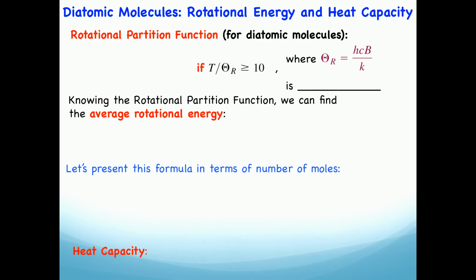So for the partition function, we use the formula. This, by the way, I forgot to mention to you, this formula works not for any molecule, not for any case. It's only when the ratio between the temperature you are interested in over the rotational temperature, which is determined by the molecule itself, should be larger than 10. In other words, it's a high temperature limit. So the temperature is 10 times larger than the rotational temperature, which again means, what actually is the physical meaning of this